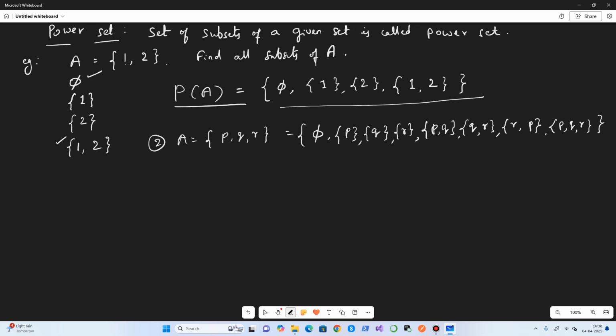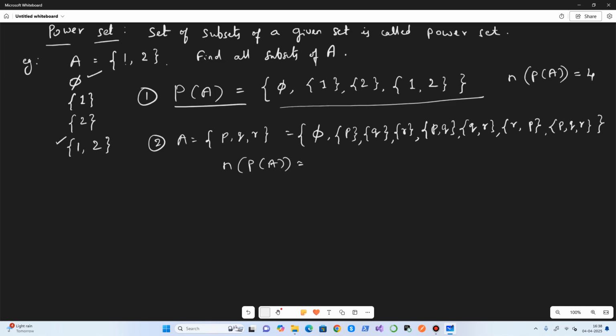So we can see that, in the first case, the number of elements in the power set of A is 4. In the second case, the number of elements in the power set of A is what?